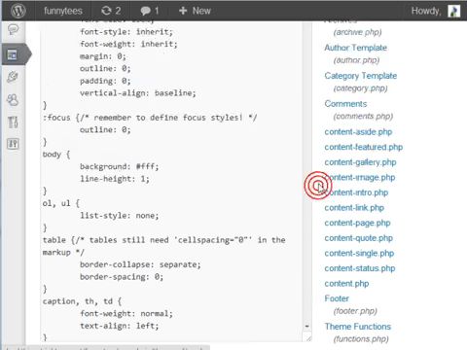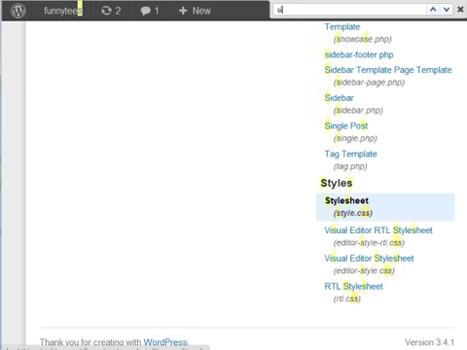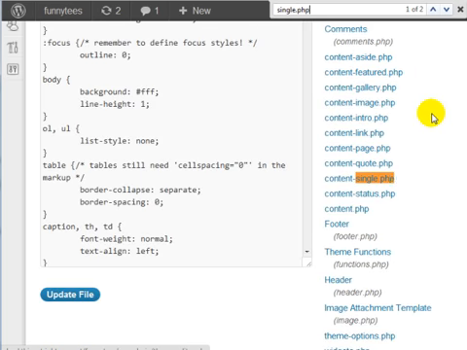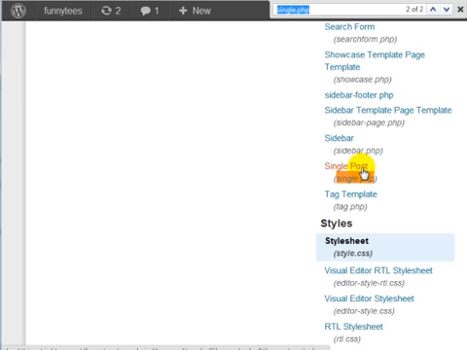So right now, I'm going to locate the single.php file. So I'm going to do a search for single.php. And we want the exact single.php. Some files will have the word single.php in them. However, we're looking for the single post, this right here. So click on this